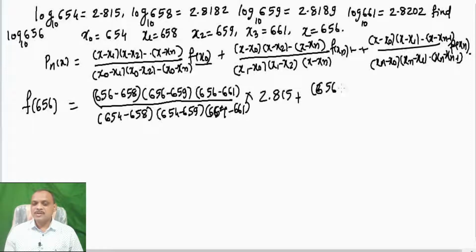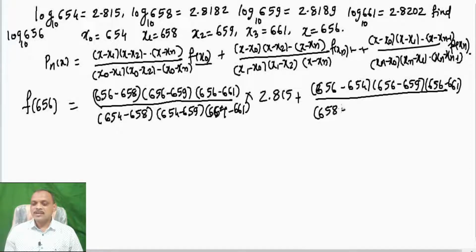656 minus x0, 654, 656 minus x2, 659, 656 minus 661, divided by x1 minus this: x1 is 658 minus 654, 658 minus 659, 658 minus 661, into f of x1. f of x1 is 2.8182, plus